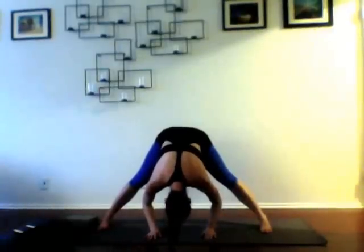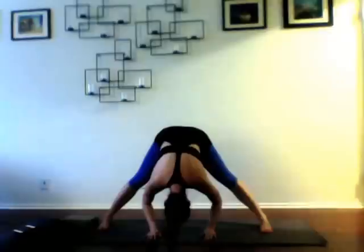Inhale, roll the shoulders down the back. Lift the sternum. Exhale, flat back, forward fold, coming all the way down to the mat. When you're down there, sink your hips toward the ceiling,